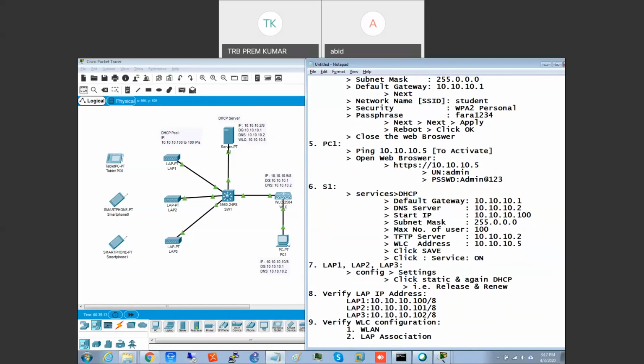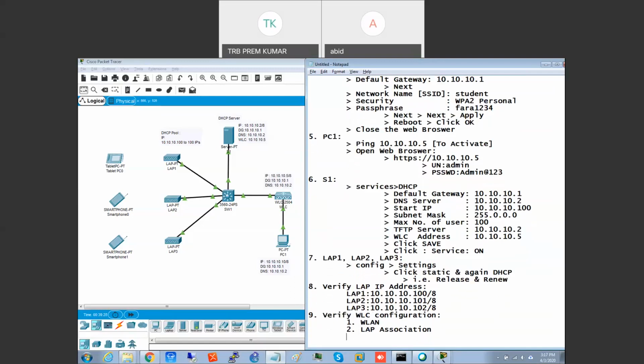I have another option, but I'm not going there. That is called group. Group I'm not teaching. But if you want, you can teach group, but it will be too much for you. Creating two groups and connecting mobility functions, I don't want to complicate now. I'll just keep it here itself. Done. That is security. If students ask, you just tell them this is not part of our CCNA level. In CCNA level, we'll do groups and mobility. Groups also it's not a big thing, but it's just to tell them.